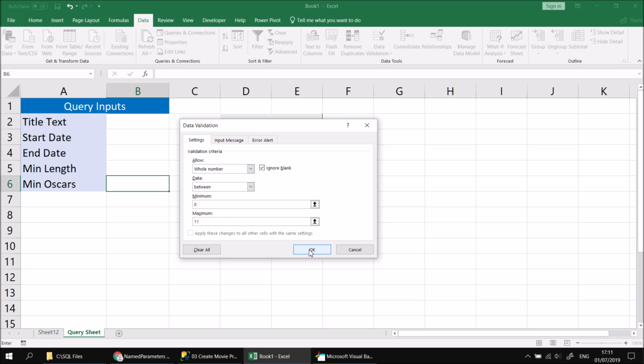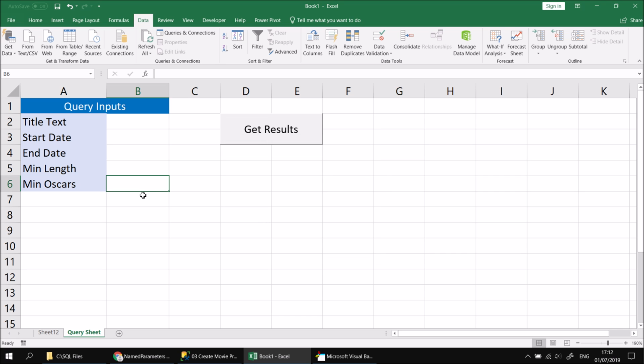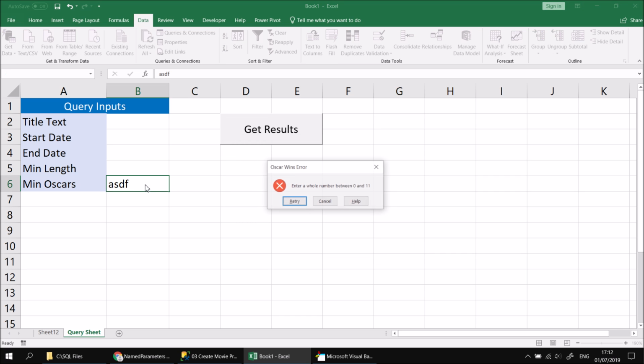And I can even set up custom error messages if the user gets it wrong. If I head to the Error Alert tab, I can provide a basic error title. This is basically like a simple way to customize a message box in VBA. So I can say Oscar wins error, and then the error message can be: enter a whole number between 0 and 11. And then if I click OK, if I type in some invalid data this time and hit enter,